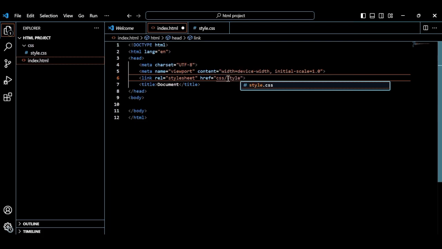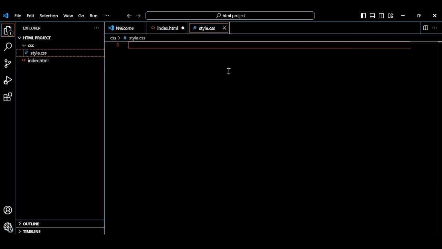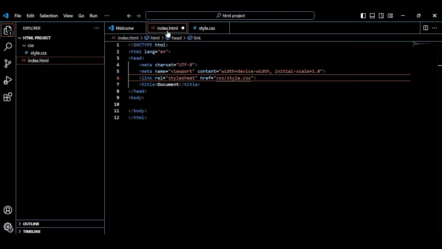So that's it. Now, if you put your cursor over it and click on follow link, it's going to take you to your CSS file, style.css file. That's to show you that the link is correct. We linked it correctly. So now, if you want to create a JavaScript file, what you're going to do